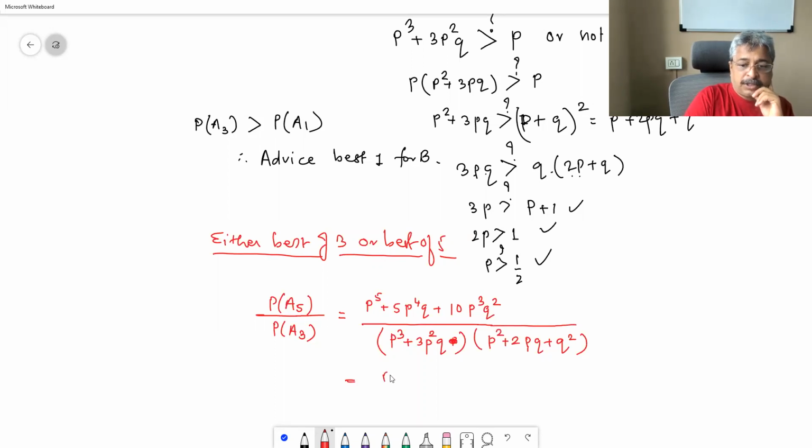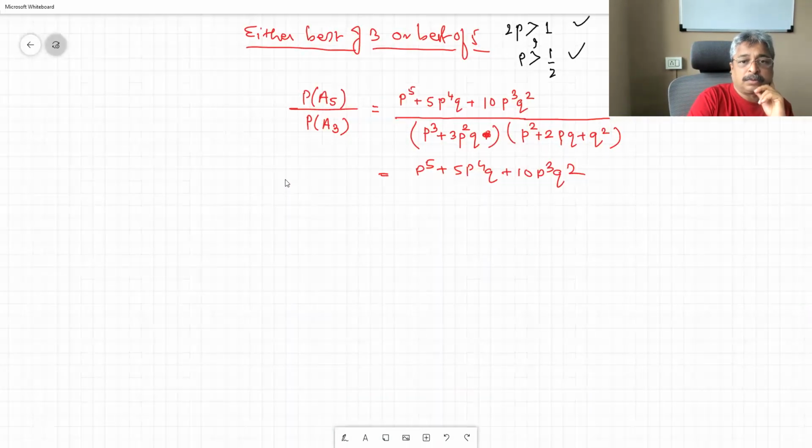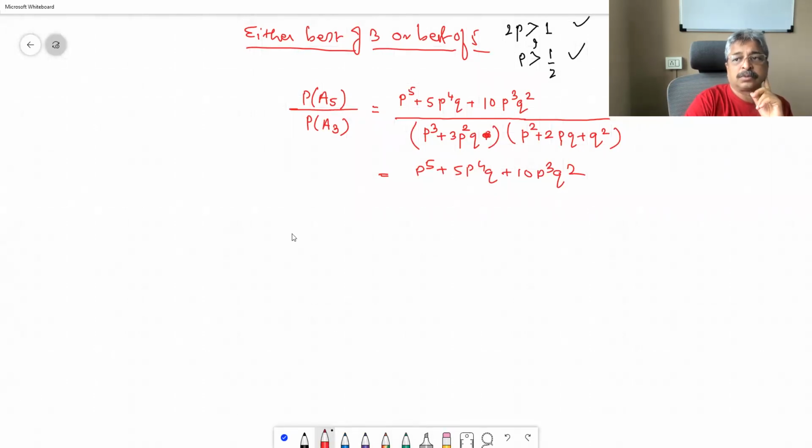Okay. Then try to arrange them. 5P fourth Q plus 10P cube Q square, divided by,